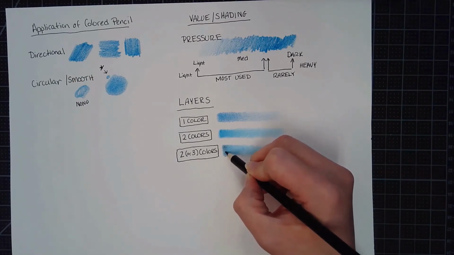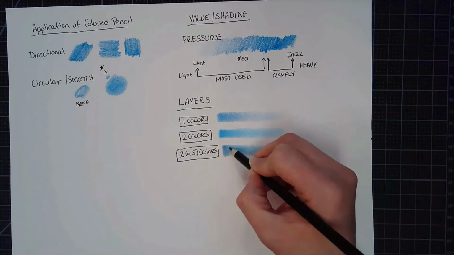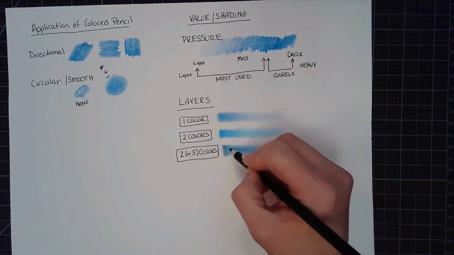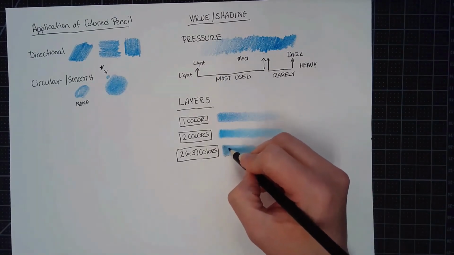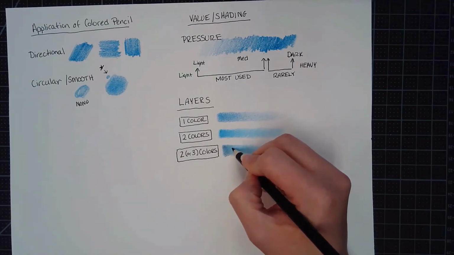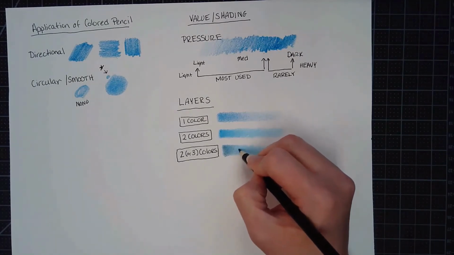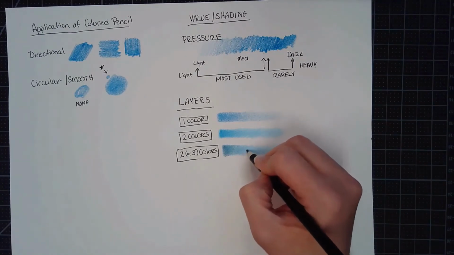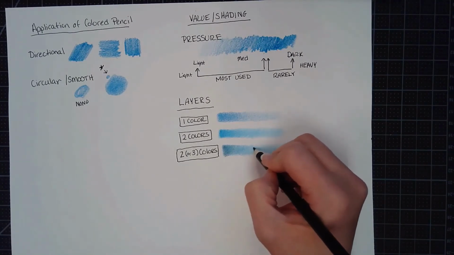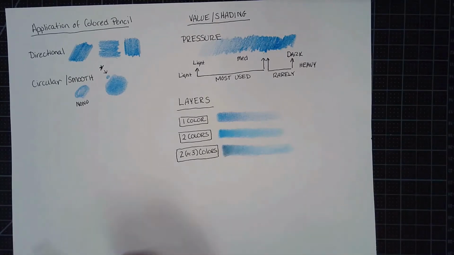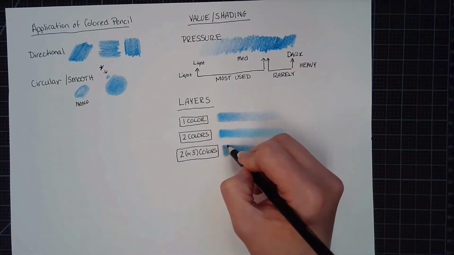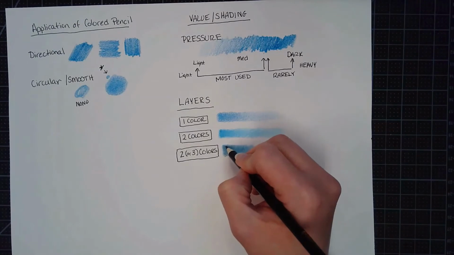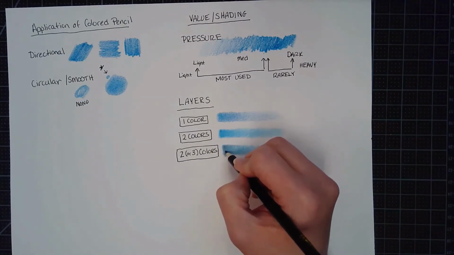So I'm definitely keeping more towards my light pressure range, and I'm adding a little bit of black over top here to just help deepen those blues into a darker blue value range, and then of course lightening up my pressure as I come across, so that the black just disappears into nothingness. So I could probably go a little bit darker with my application of black to really darken up that blue range,